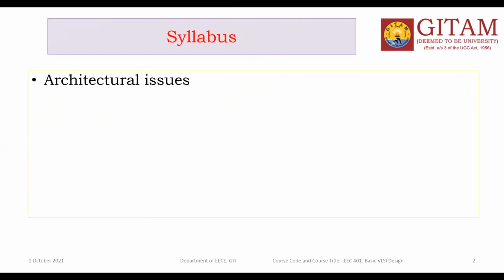What are the issues in the architecture level? And second one is switch logic. The logic is nothing but the behavior. Switch behavior. So gate logic, switch logic. Like that, we need to discuss the switch logic. Another one is gate logic: the behavior of the gate and the behavior of the switch, how they behave like logic levels.